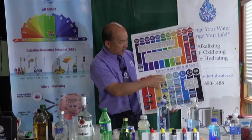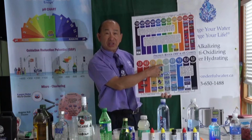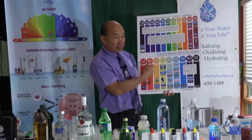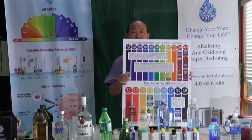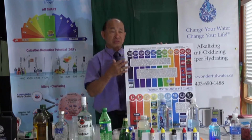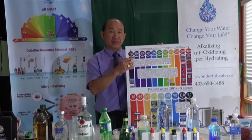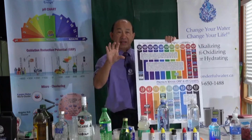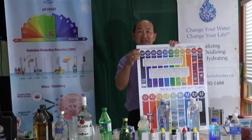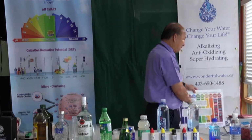Besides that, on this side, down here, they tell you about the pH level of different types of water. This will be useful for you, and I also posted this sign on the website. You can download it, and you can either make the sign like this, or you can put it on a tablet or a cell phone. In that case you can explain and show it to people more easily. Okay, the next sign